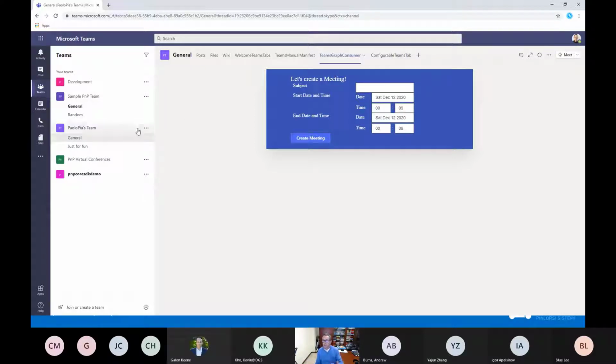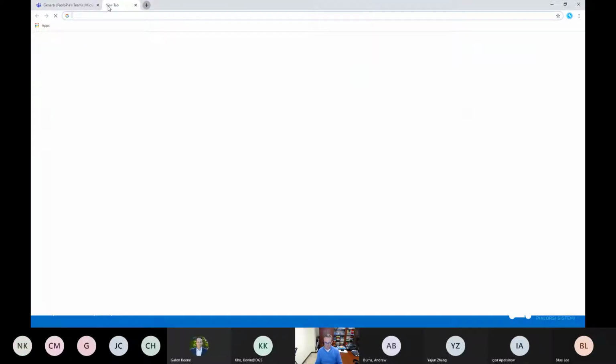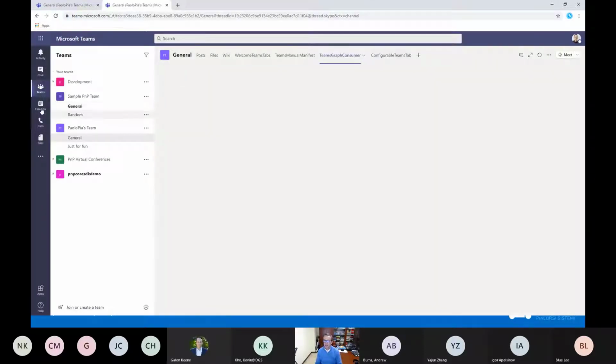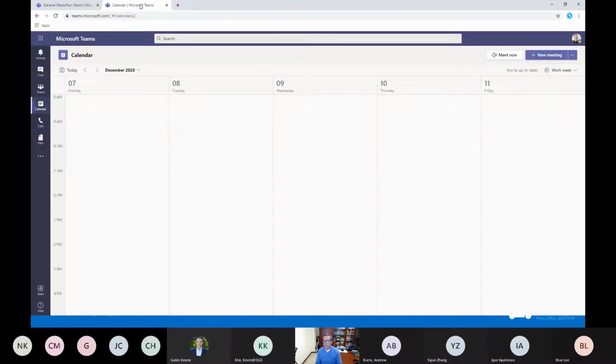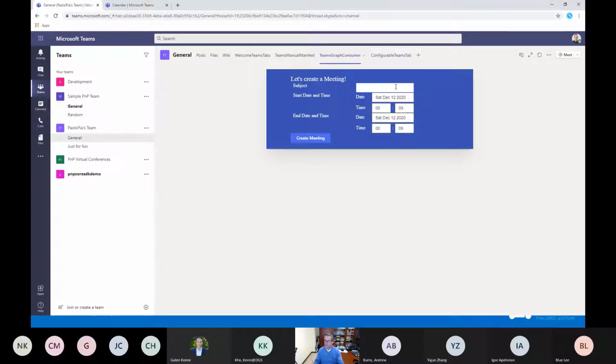So for example, here I am in this sample team. Let me open another tab with another session of Teams so that I can show you the calendar that I have here. You can see in my calendar, I don't have any meeting, but I can just use a custom tab to create a new meeting, like, for example, this one,